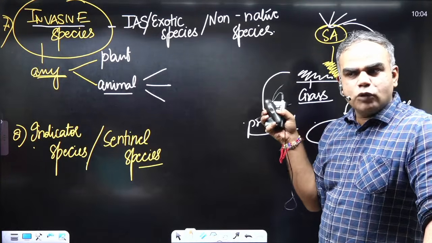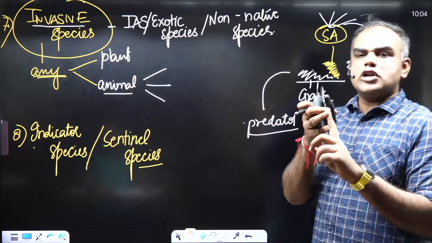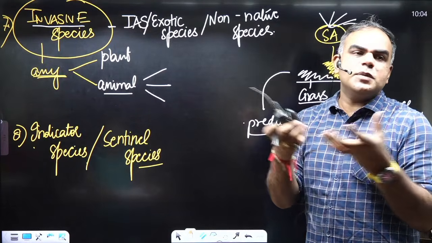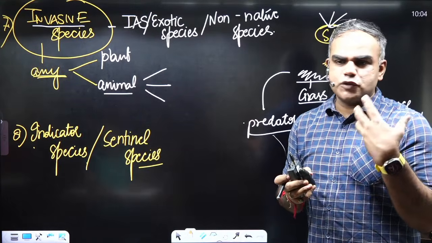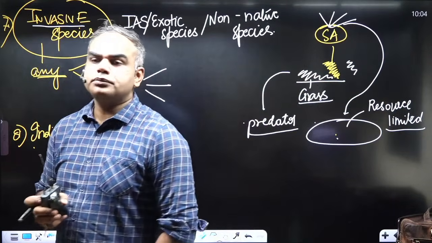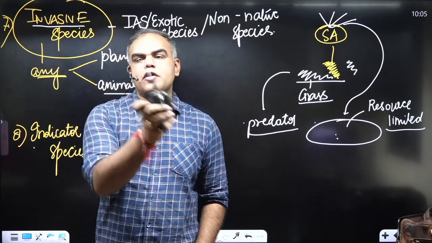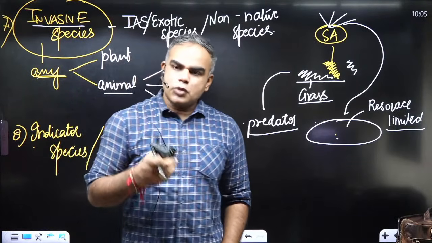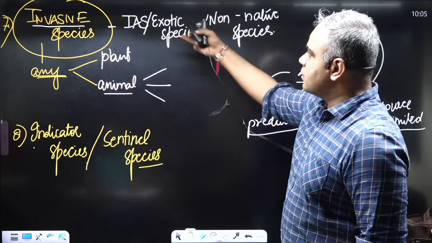Are you able to understand how the loss of biodiversity is happening? Why is it happening? Two things. One, there is no natural predator. They grow fast. They eat up the resources. There is nothing left for native species. And because there are not enough resources remaining for the native species, they will get extinct, or they have to move away from that area. They will go elsewhere, and there they will face problems. So are you able to understand what the issue here is? Okay? So first write down some of these names if you've written.